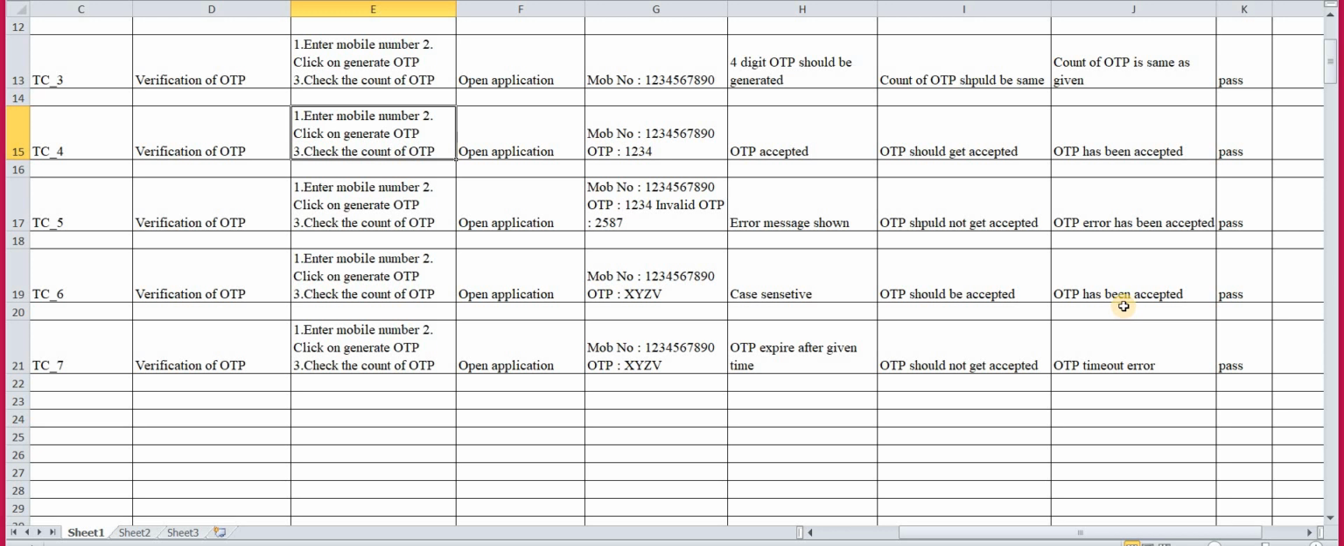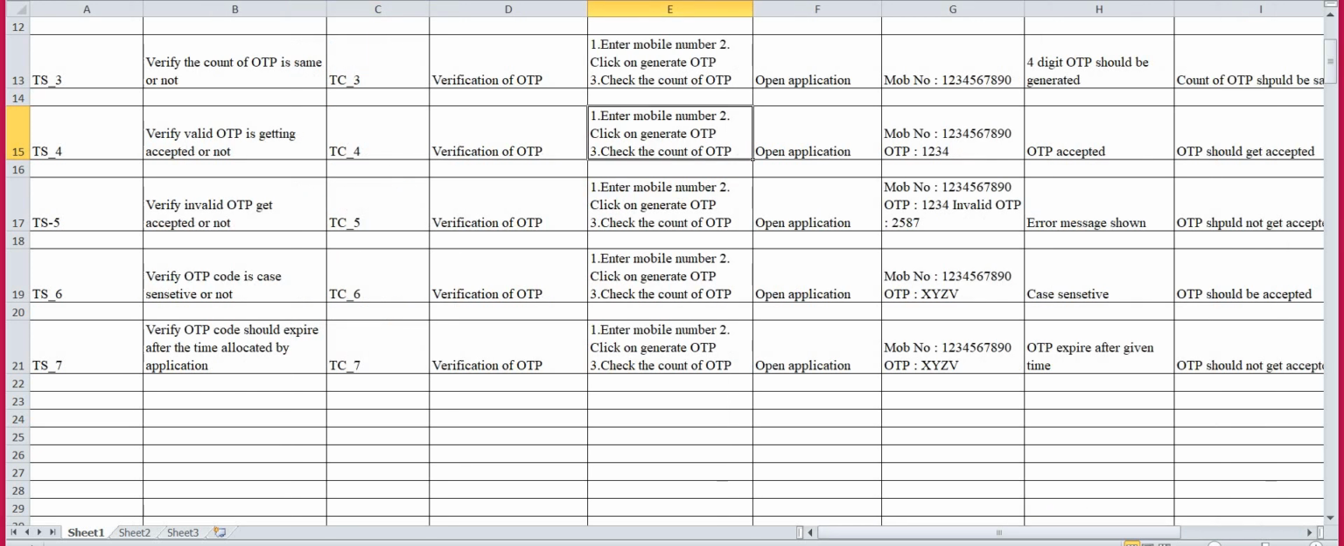And if OTP has been accepted in the actual result, at that time we can say this testing should be passed. Then the seventh scenario, which is verify OTP code should expire after the time allocated by application or not. We previously discussed your OTP remains active only for a few minutes as per the application's time. Sometimes it will be for 10 minutes, 15 minutes, right? So mostly it is 10 minutes